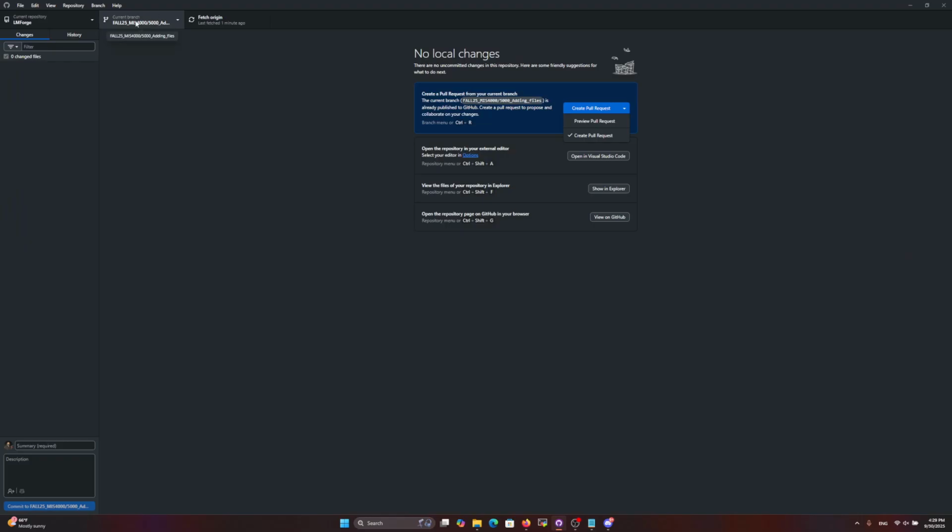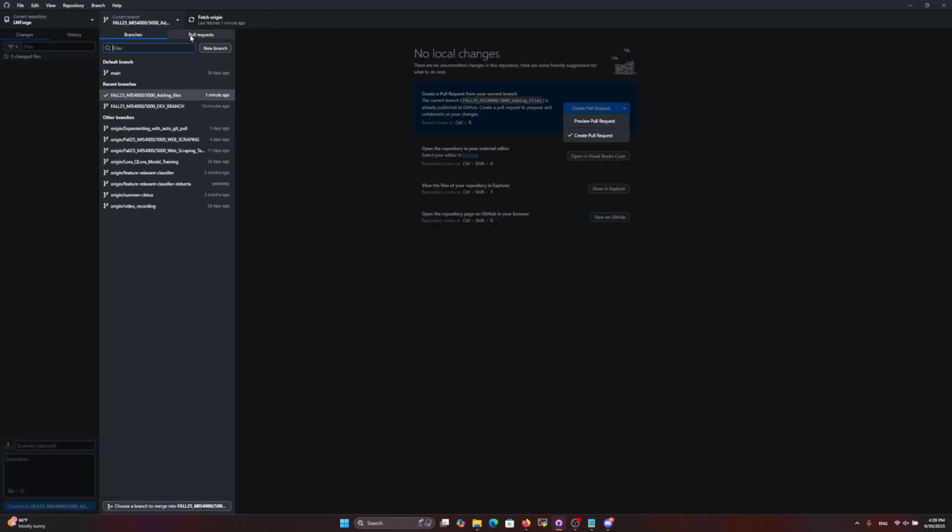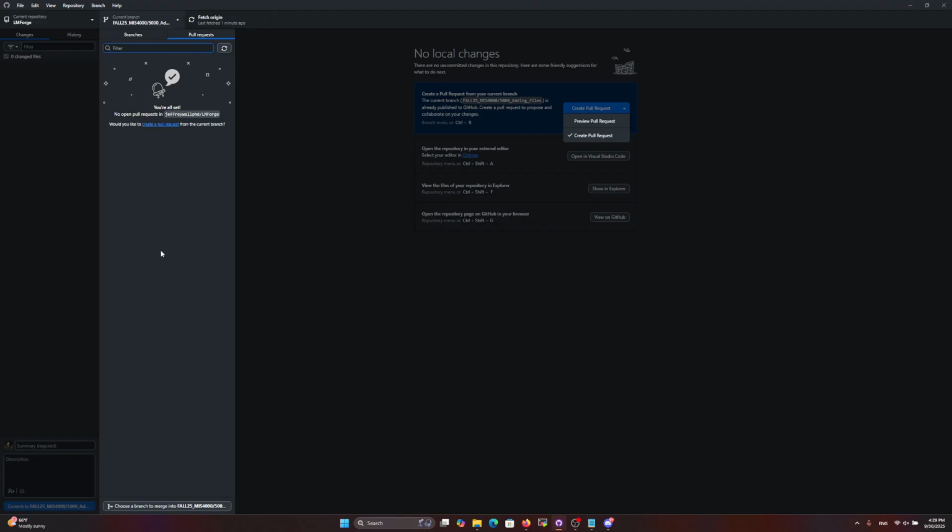Or you can always click on this one, current branch, and then click on pull request, and it should show up in here. So if someone already had made a pull request, it's gonna show up in here. But if you want to make a new one, there's always a link that you can make a new one. So click on create pull request,